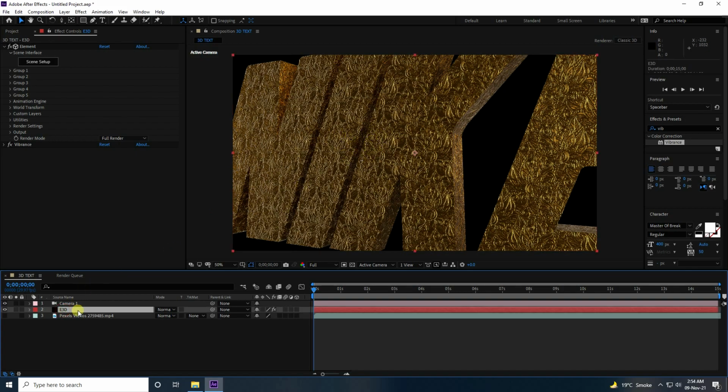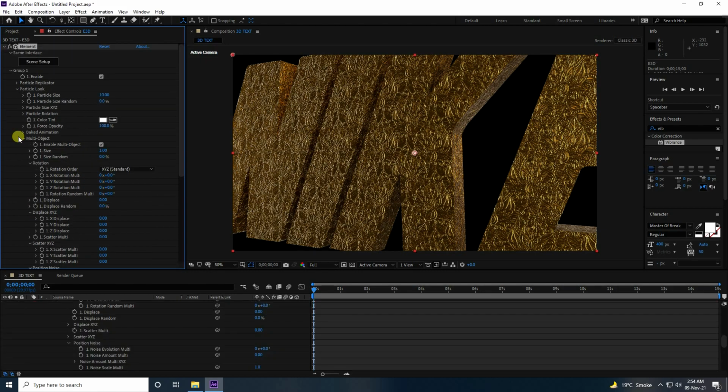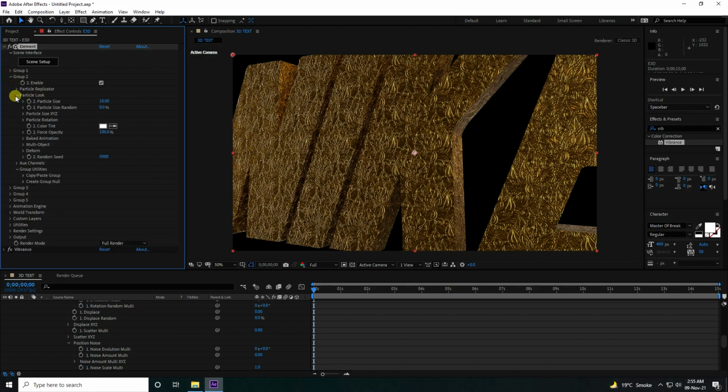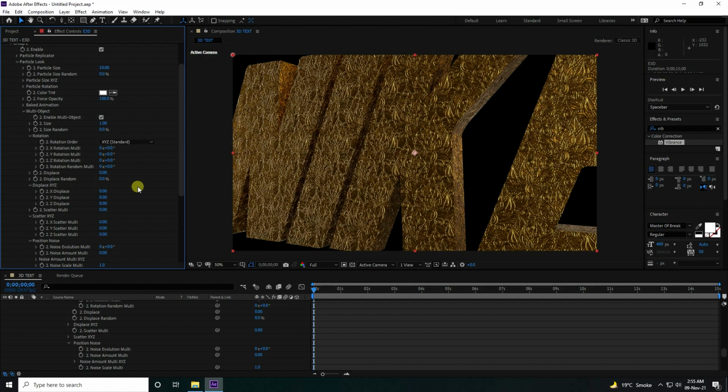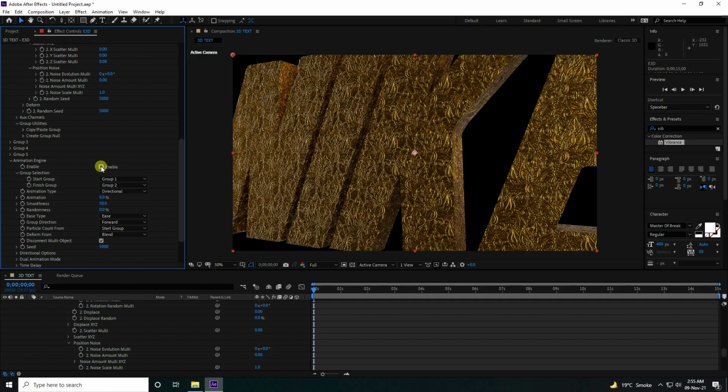So guys, select your E3D layer and go to group 1, and guys, particle look, and guys, go to multiple object and enable multiple object check. Yeah, so unfold and go to group 2, this one, and same particle look, and guys, multiple object enable, check. Yeah, so guys, go to animation, this one, animation engine, and click enable, and see guys, that's my